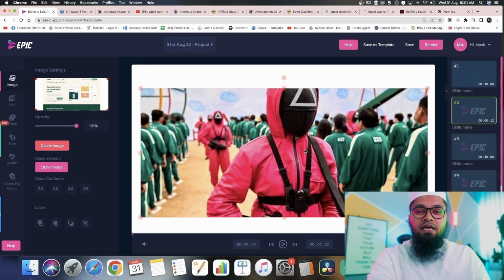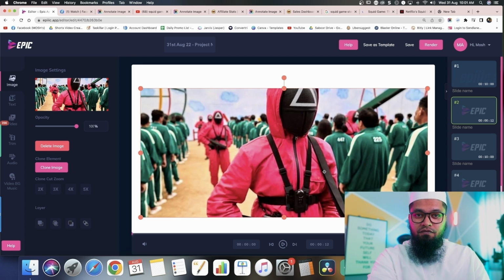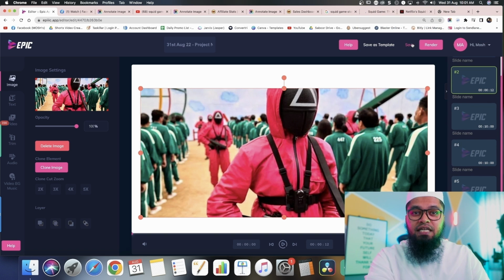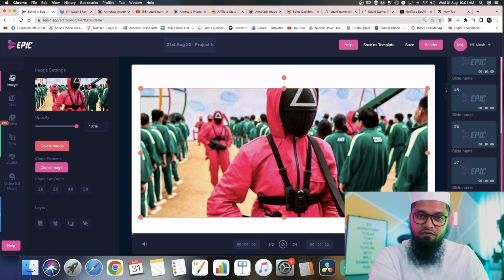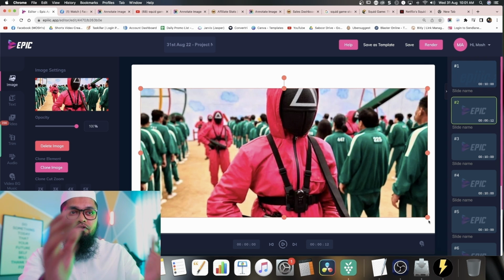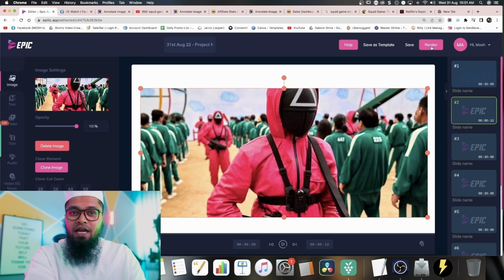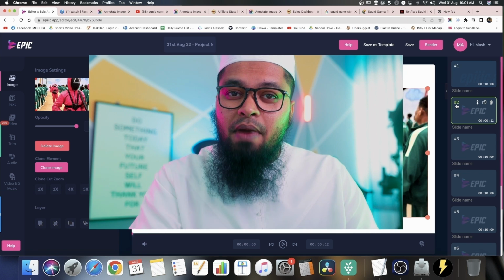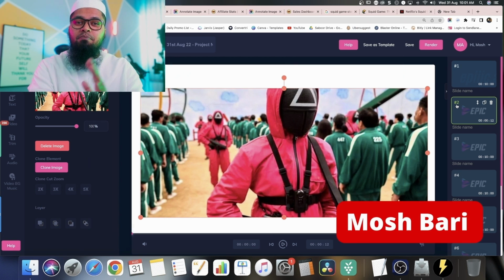I can use the image, talk about it, make a section of the video. And this way I can go on and on. I can save my project, come back later, add more section if I want in the same process. And once I'm happy with my section or the whole video, I'll simply click one render button and the video will be ready in the background. This is how we make videos for 20 plus channels.